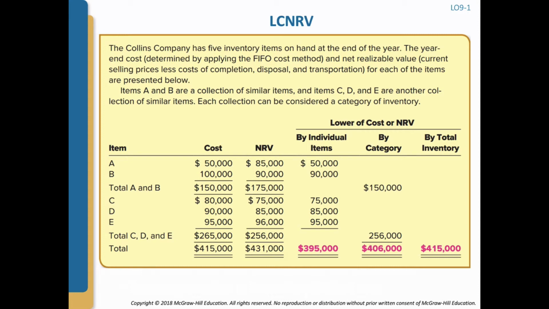Now C, we go into C and we have cost of 80,000, NRV of 75,000, so we go with the lower, 75,000. D, we go with 85,000, the lower. And E, we go again with the lower, which is 95,000, and we have 256,000. Okay, because all those are lower of cost or market, as opposed to the initial one, where we're not going with 140,000 because the A item was actually at cost, still listed at cost. So we're adding them up as if they were at cost still, and then again we add up the total inventory value at that